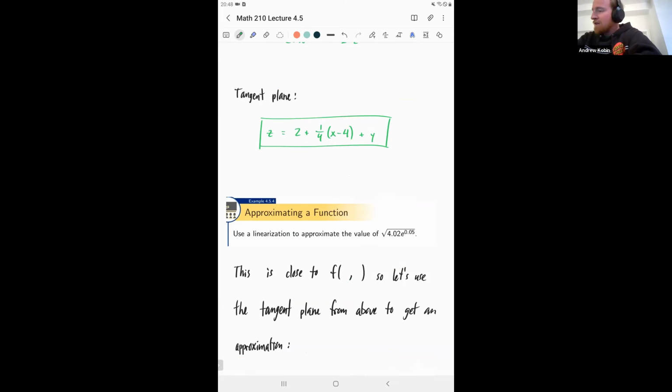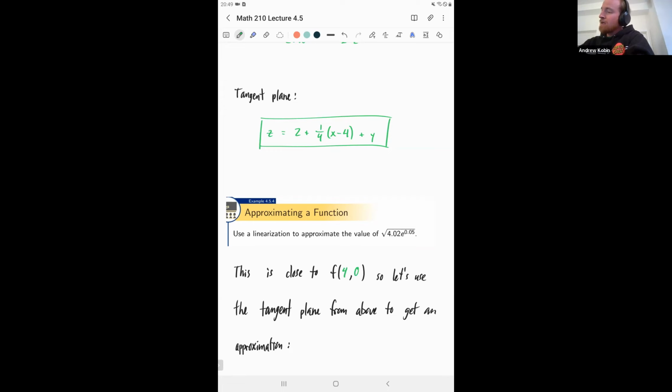I want you to notice, first of all, this value, and this is a number, square root of 4.02 times e to the 0.05. That's the square root of some positive number. It's well defined. And it's actually pretty close to what would happen if we plugged in the x and y values 4 and 0. So 4.02 is a little past x equals 4, and 0.05 is a little past y equals 0. So this is pretty close in input values to 4, 0, and that means that the output values should be pretty close to the output values of the function if we don't stray too far from our coordinates 4, 0